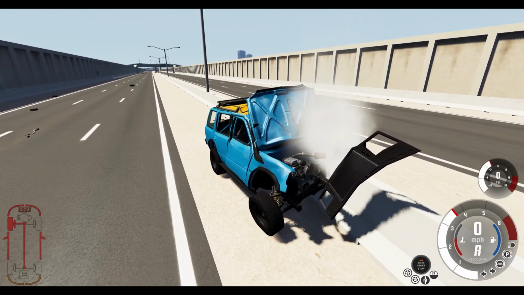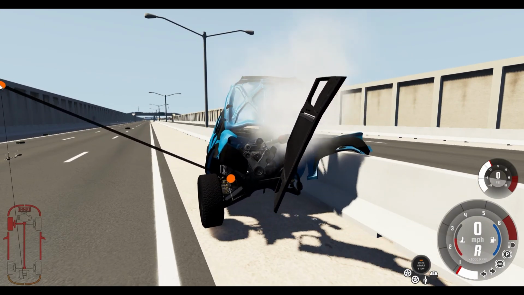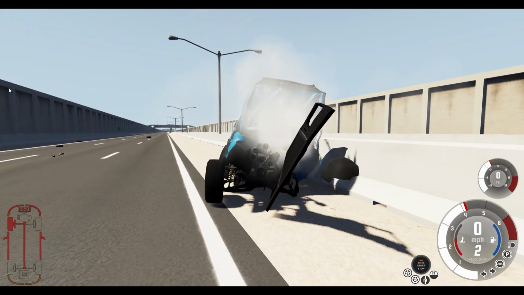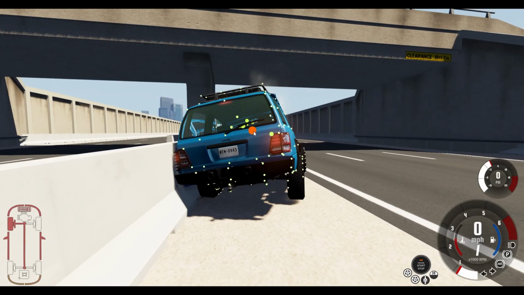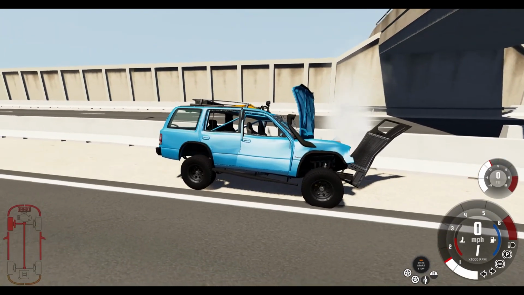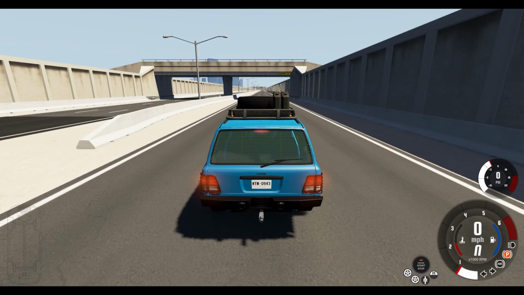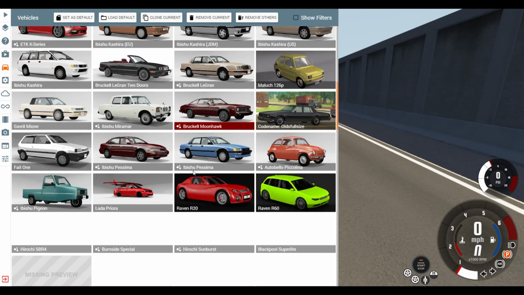I imagine if we weren't stuck in a wall it might drive still, maybe. No, I just don't think it's got the power to drive with only one wheel, because the drive shaft's gone, so that's probably why it's not working all that well. So yeah, just to show you that it's only really the normal cars that are affected by these kind of things. We're going to